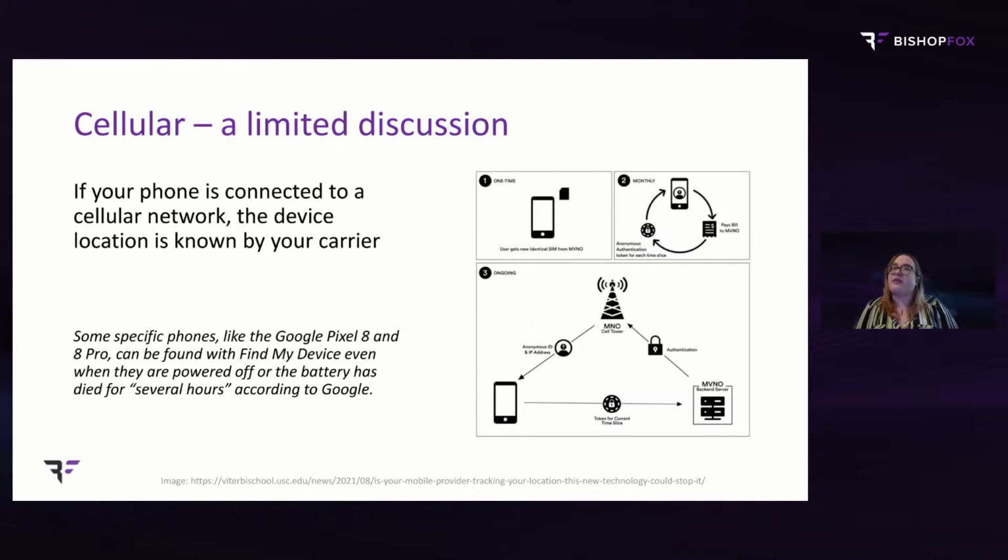I thought something was very particularly interesting with this. A very modern cell phone, the Google Pixel 8 and 8 Pro, actually have the ability to, for a limited time, a few hours after it's lost battery or been turned off, still be found with Find My Device. I've looked into this to try to figure out how or why it's able to track a phone after the battery is drained. But Google has not specifically said. You do have to opt into this in order for it to work, so have no fear. But if you have these devices, maybe take a look at that.